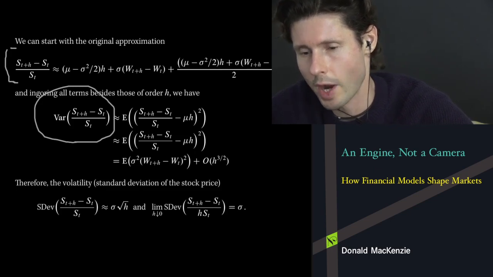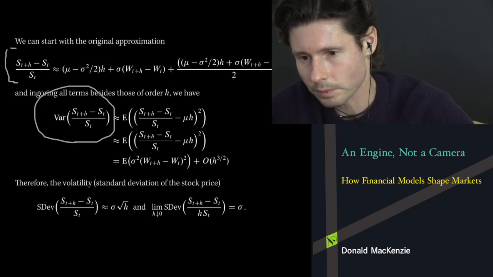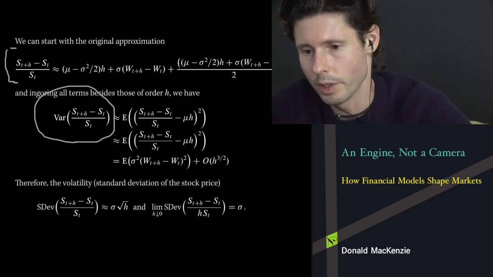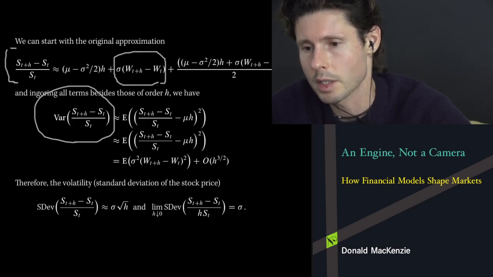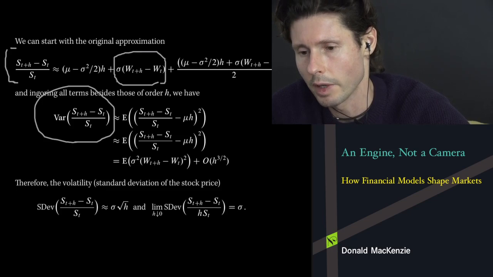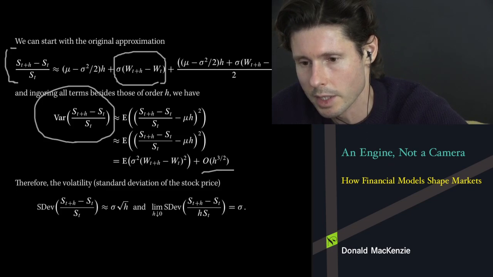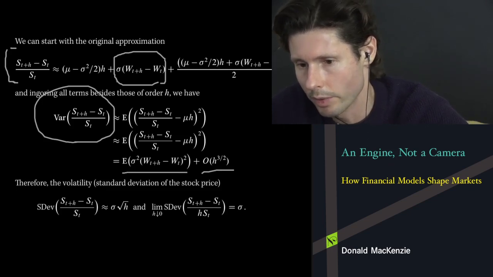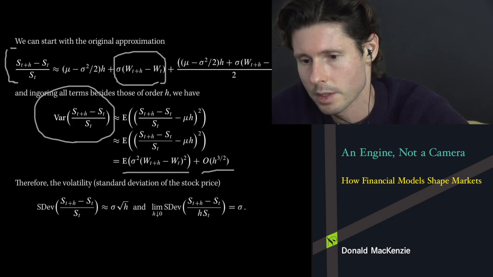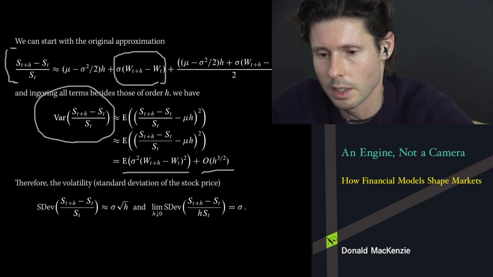And if you track it, what you'll essentially see is that the only contributor to something that is of order h, which we care about, is really going to be this term alone. This is going to be squared because we're taking the variance, and then here you're going to see terms of size h to the 3 over 2, but these things are small relative to something of size h. And so I'm going to keep just the Brownian increment squared, in other words, the variance of the Brownian increment, and then I'm going to take the square root to get the deviation, and that's going to lead me to this result here.